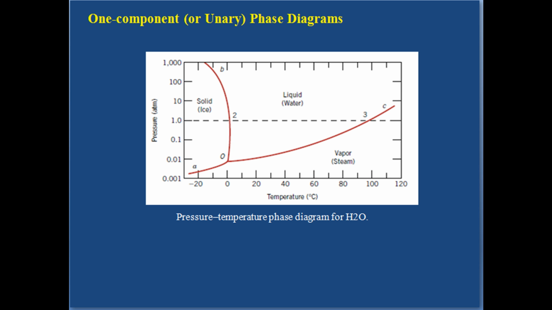Most often, the pressure axis is scaled logarithmically. We illustrate this type of phase diagram and demonstrate its interpretation using an example of H2O, which is shown in figure. Regions for three different phases, solid, liquid, and vapor, are delineated on the plot. Each of these phases exists under equilibrium conditions for the temperature-pressure ranges of